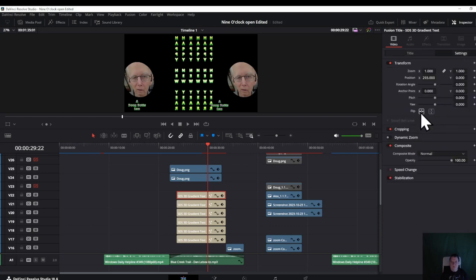Here we go, flipped. I'm going to flip it back. There we go. So we got left, right, left, right, left, right. That was a pretty easy one to fix. And I can't get that to work. Not going to worry about it.